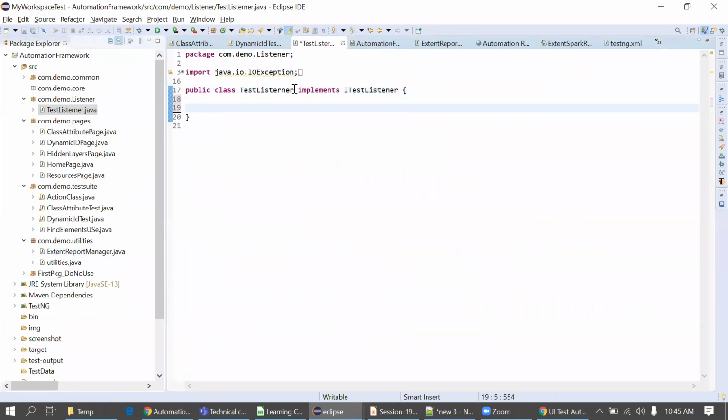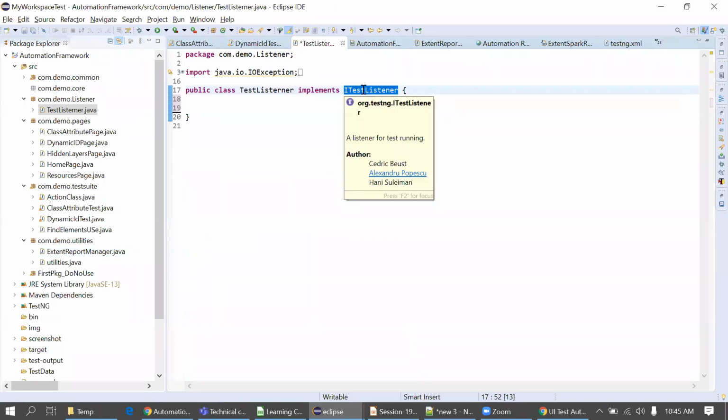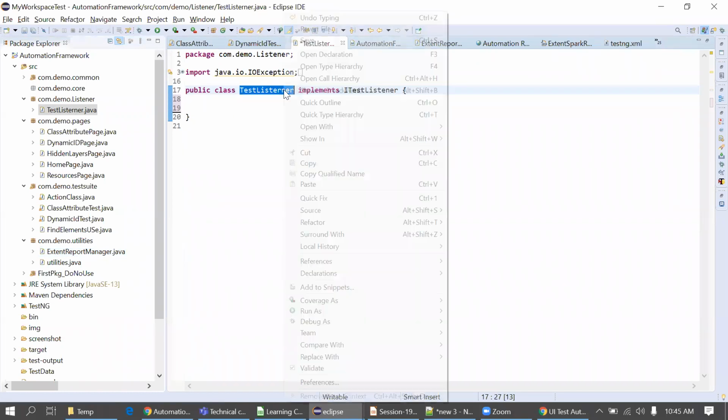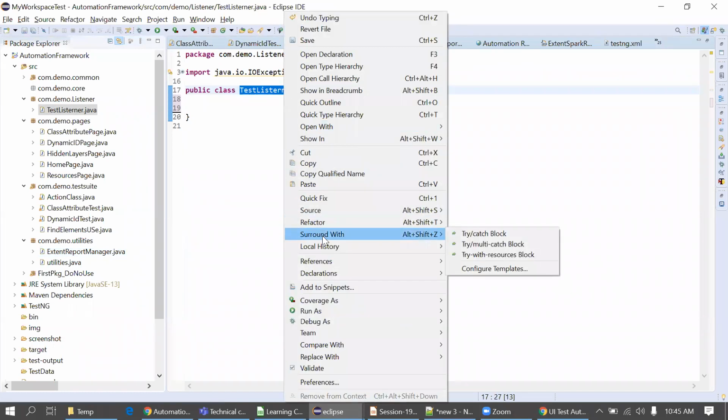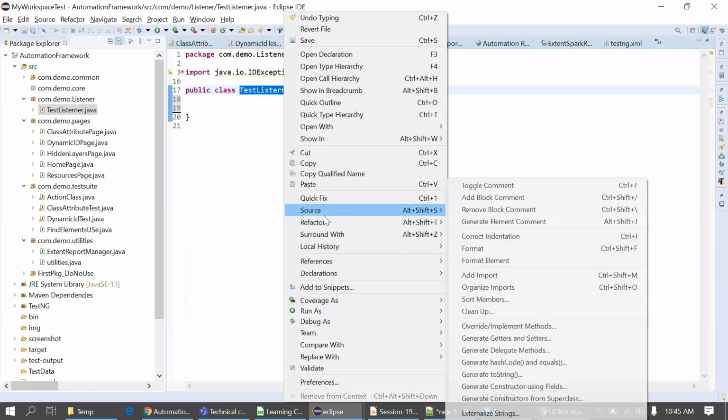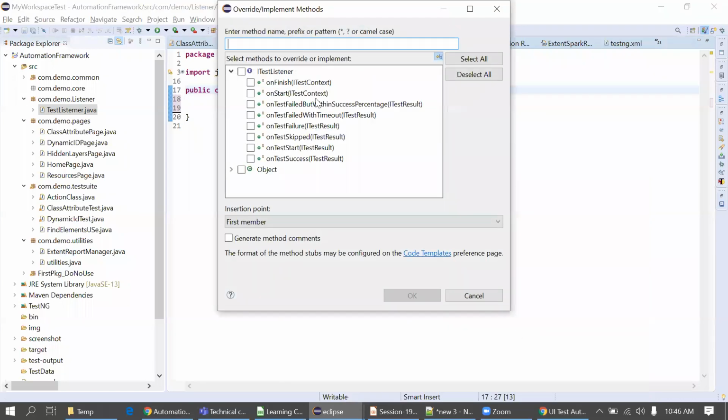I have shown earlier how to implement the listeners, right? So this is ITestListener. We are going to use it here. Now I'm going to implement all the methods in this ITestListener. Source, override, implement methods. So I take all the methods.